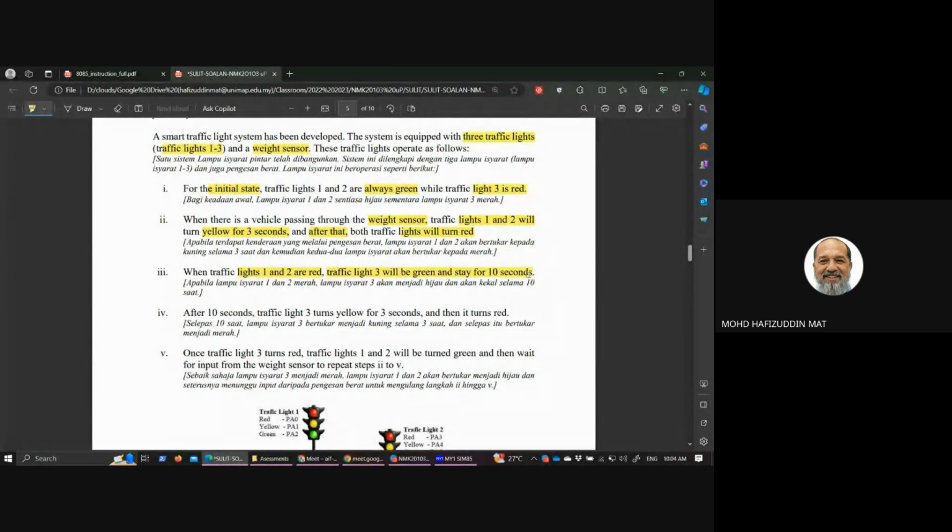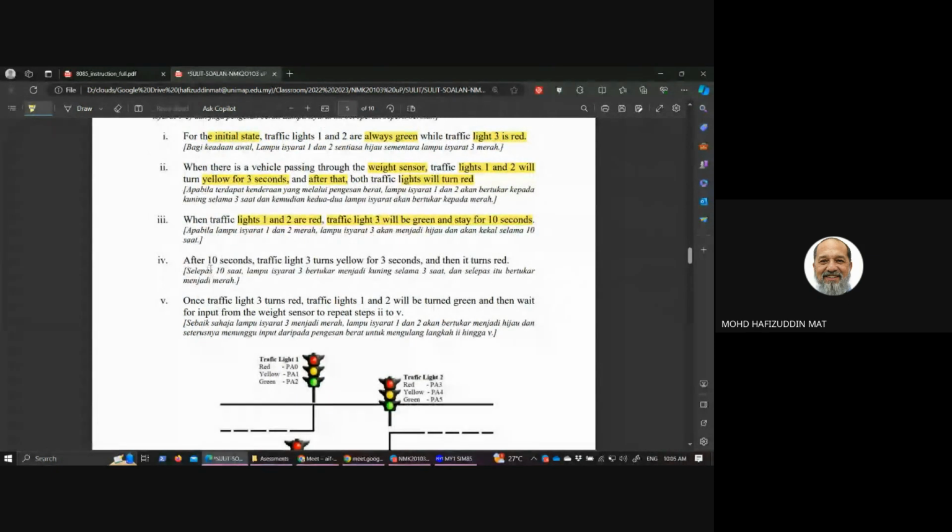This is for the traffic light 1, 2, and 3. So 1 and 2 become red for 10 seconds. Traffic light 3 becomes green for 10 seconds. Okay, clear? Clear so far? Clear, sir. Okay, then after 10 seconds,